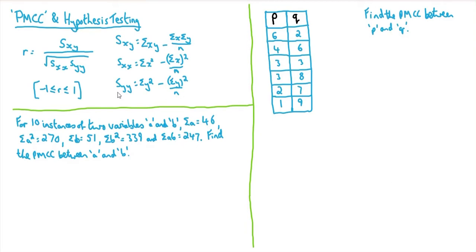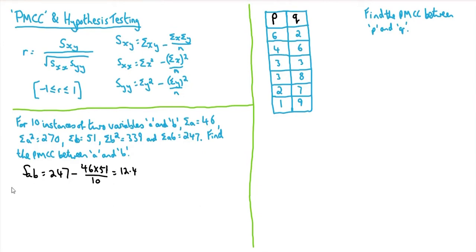So we can go into working out our S, or in this case Sab, Saa and Sbb. For the first one, we're going to take that sum of, in this case, ab, so that's our 247, and we'll minus from it the sum of a times the sum of b, so the 46 times the 51, and then we know that there are 10 instances in total, 10 terms, so n is 10. Plugging all this into your calculator, you'll get an Sab of